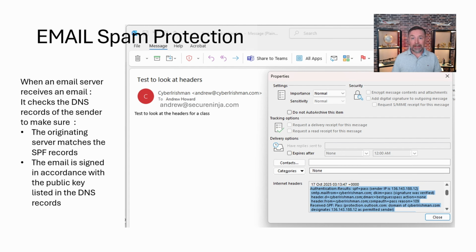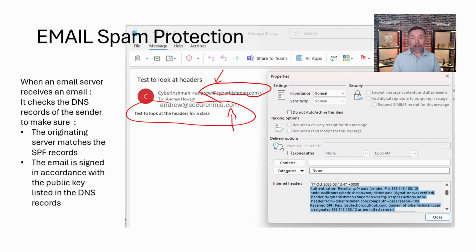So let's look at an email. This email has been received by Andrew at secureninja.com. It was sent by Andrew at cyberirishman.com. It has got to the secureninja.com email server. It's been delivered. And what happens is the